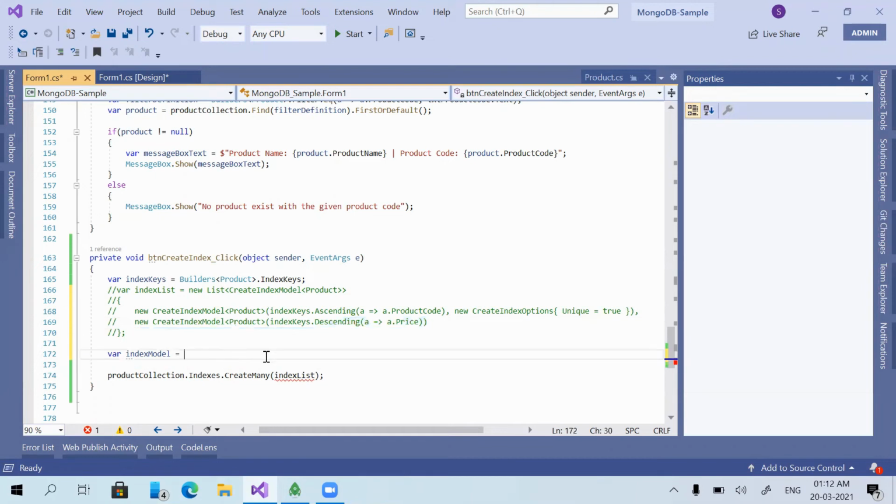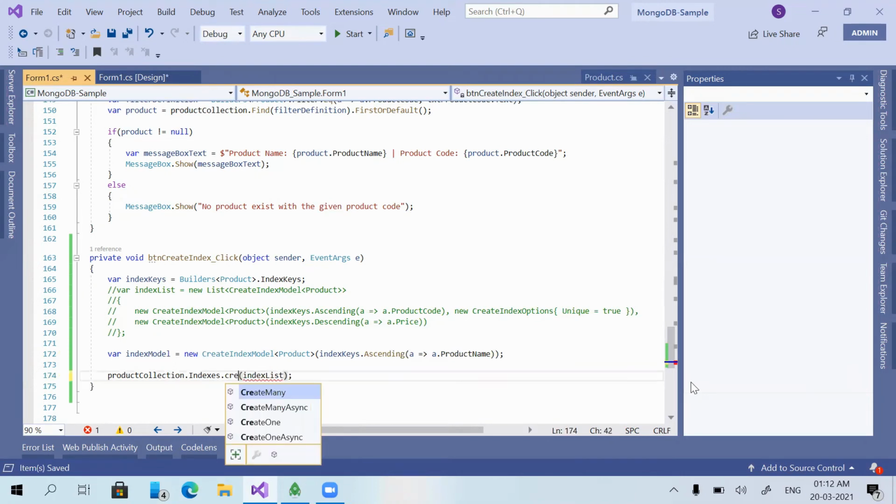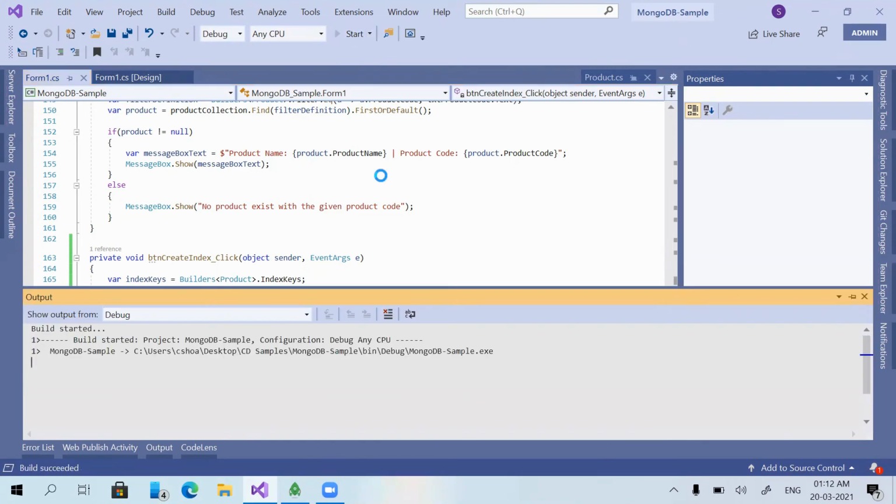Here I'm just copy pasting this, and here we are using product name. And instead of descending, I'm using ascending here. Now instead of create many, we can use create one and use the index model here. That's it. Now if we run the application,